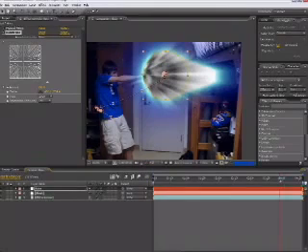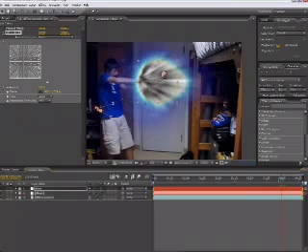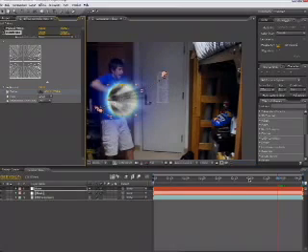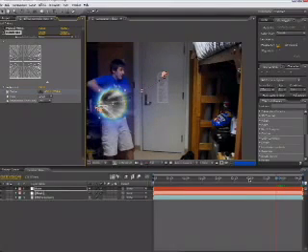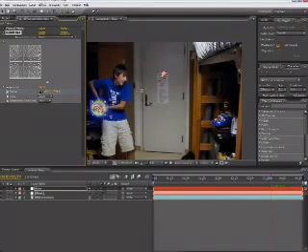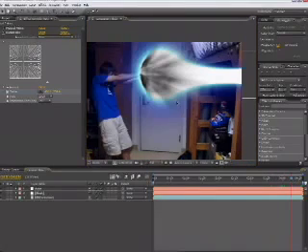and I'm gonna go ahead and set some keyframes for the center, just because I don't want it to be to the left of it all the time. Should be more in the center. So before I'm shooting it, I have it in the center, and then as I'm shooting it, it's to the left. Okay? So that's pretty cool,